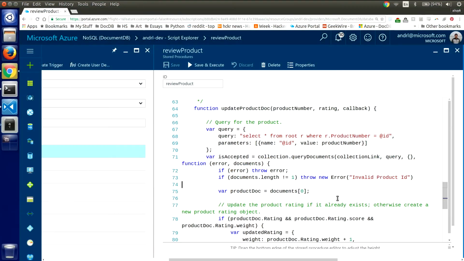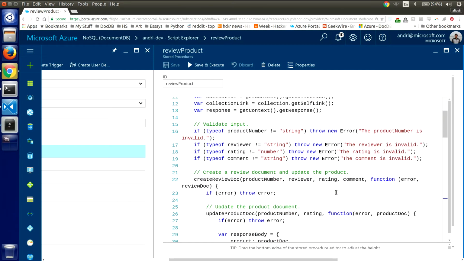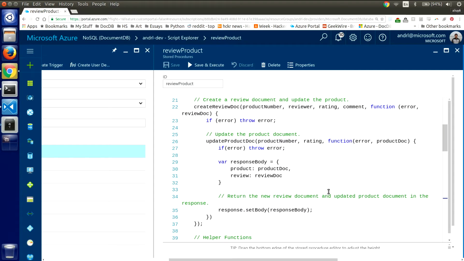Now, some things to also note about this in terms of best practices. I have seen a lot of folks, if you're coming from, let's say, a Java background like I came from, or a .NET background, you might not be used to the control flow of JavaScript. JavaScript really embraces async operations, right? And so one of the main things to point out, if you're new to JavaScript and new to writing stored procedures, is make sure that when you do the control flow for the script, you line it up in callbacks. Don't fire a bunch of async operations all at once.